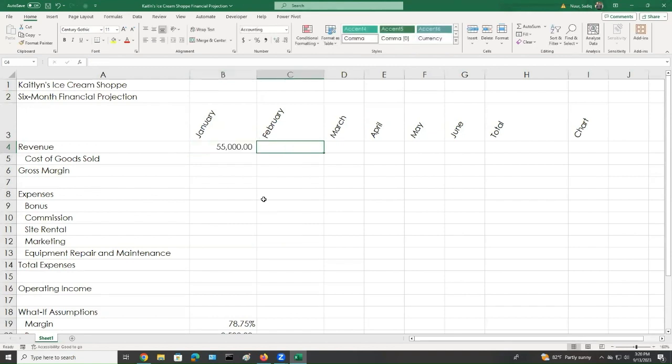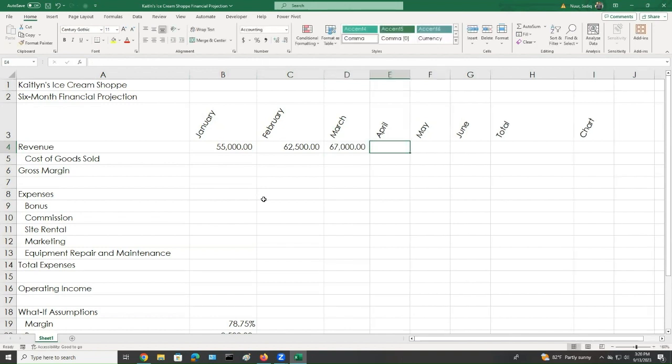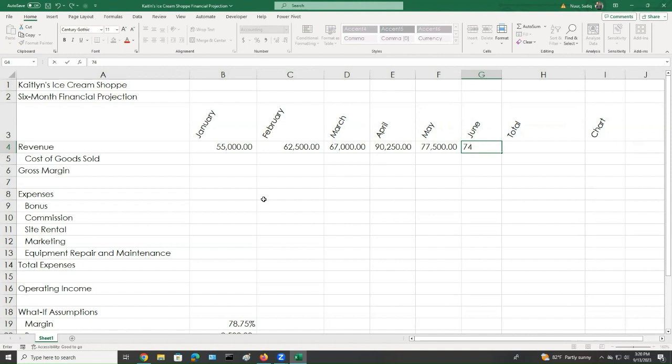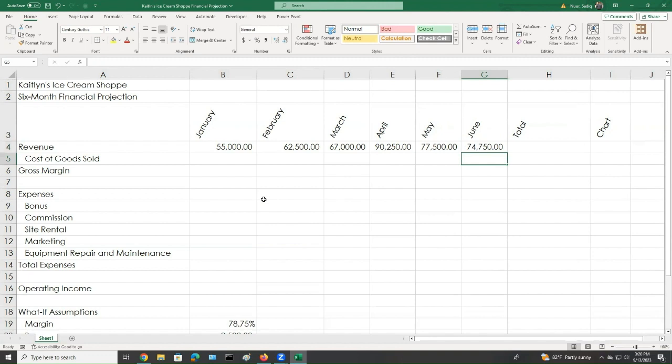And with the right arrow, move to February, 62,500. Then 67,000. Then we have 90,250. Then we have 77,500. Then we have 74,750. All right. Next,